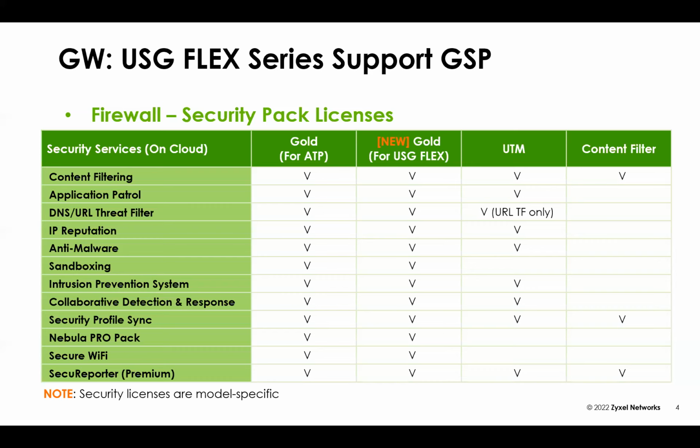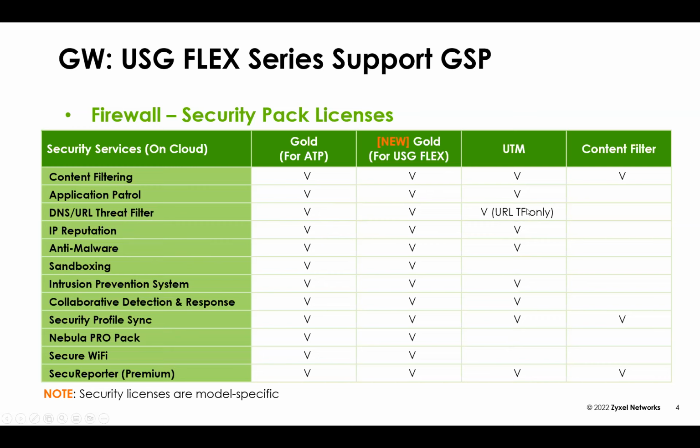Now, before we added the Gold Security Pack over to our Flex, we only had two different types of licenses. We had our UTM and we had our content filter as an a la carte standalone option. With the UTM features, you will see that we had most of everything that the ATP had. However, some key features that were missing were sandboxing and the IP reputation and DNS URL threat filtering on the